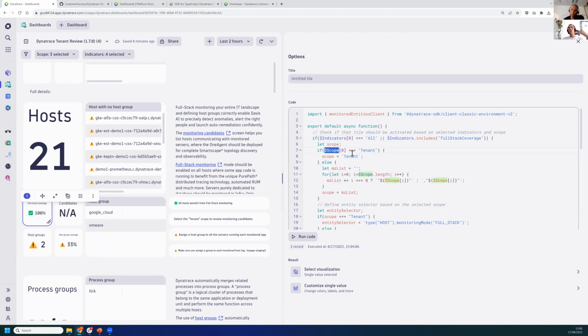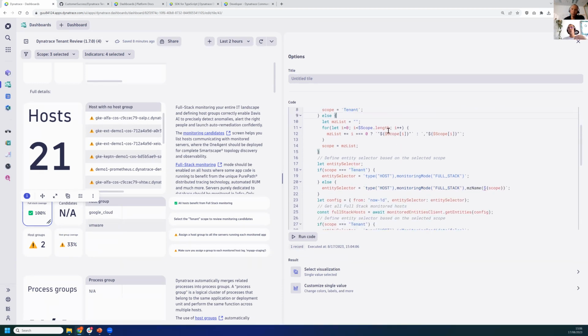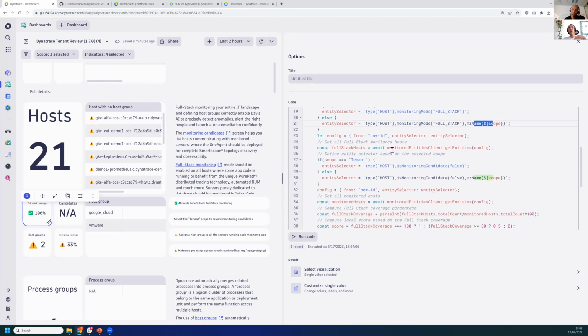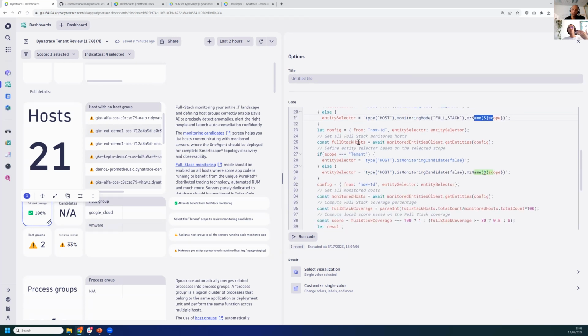And also it's using the second variable, scope, checking if the DTR is applied to the entire tenant or a list of management zones. And these two pieces of information will guide how we define our entity selector to pull all full stack monitored hosts within the tenant or within the list of management zones, and do a similar thing to get the full list of monitored